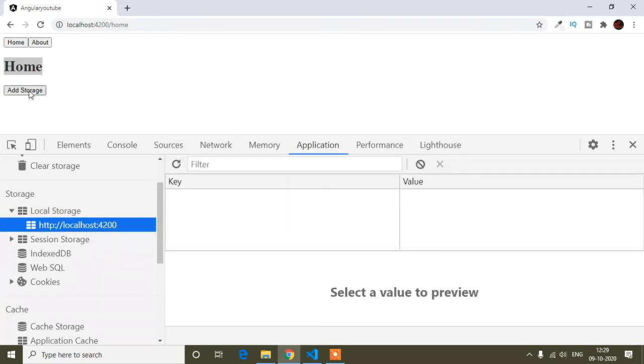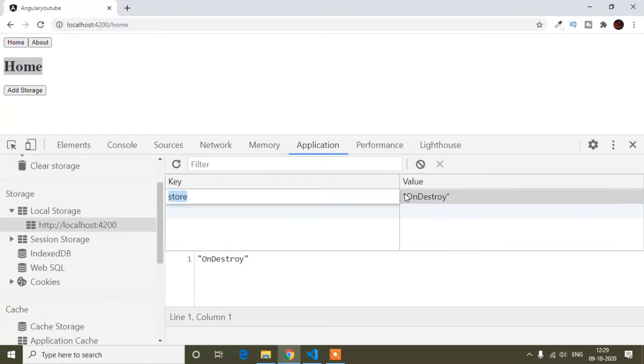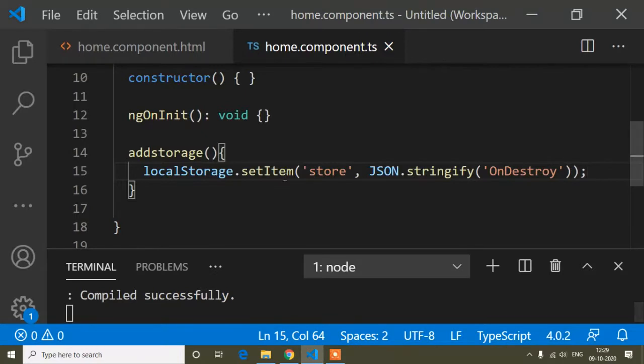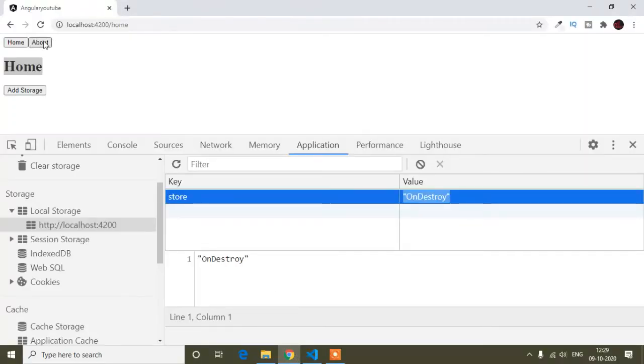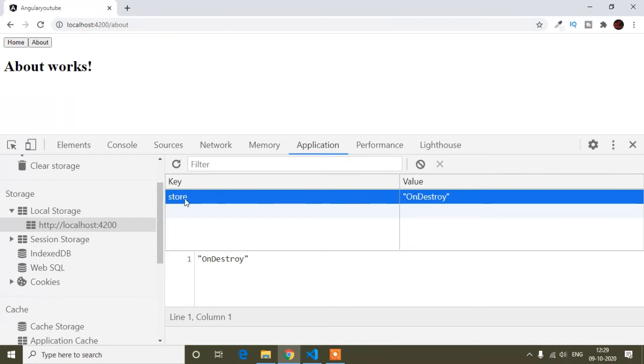If I click this add storage button, you can see the key is store and the value is onDestroy, which I have passed here. Now if I go to the about component, you can see it has still stored this onDestroy value in the store key in local storage.